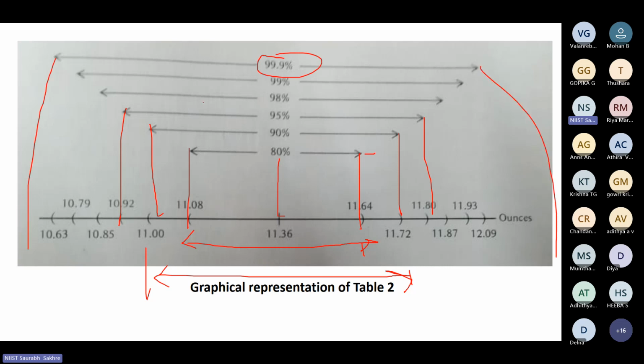But in the standard convention of statistics, we usually go with the 95% confidence interval. And I'm sure you are all PhD students by now. You would have seen many times, when you are doing a literature review, that the level of significance alpha was 0.05. So it is 95% only, with 95% confidence I have commented that. So this is the graphical representation of table 2.